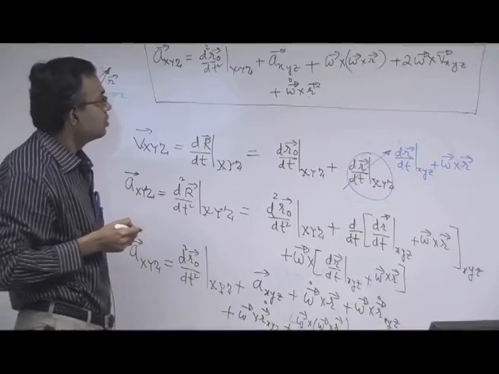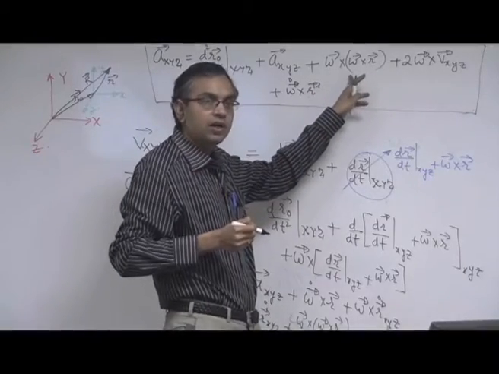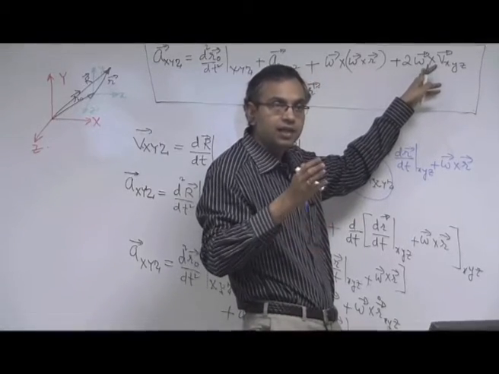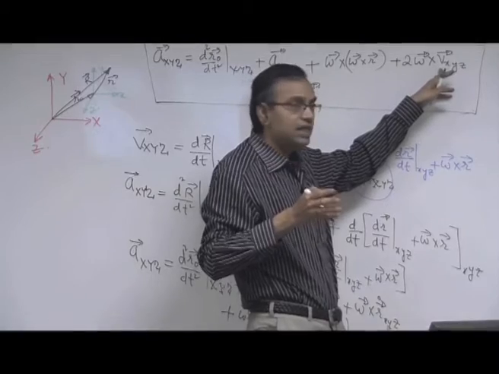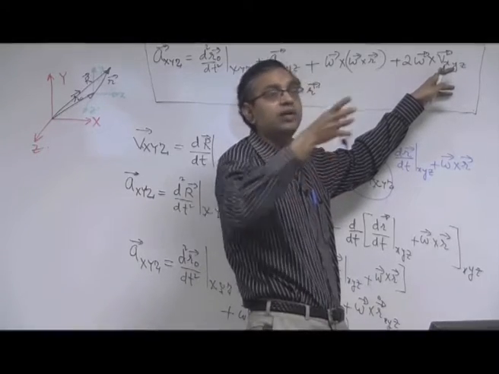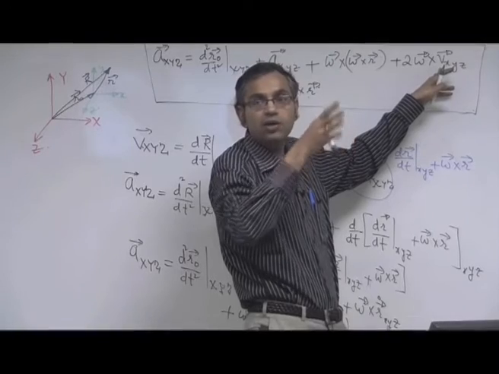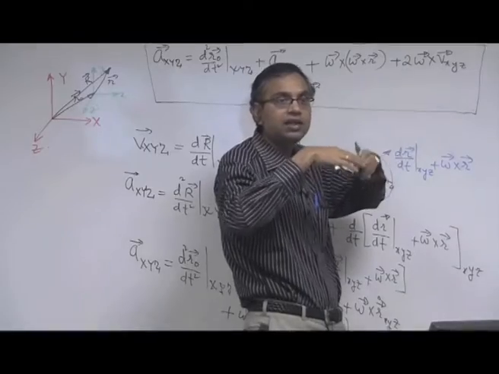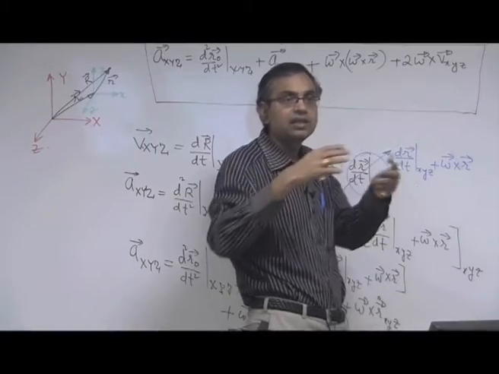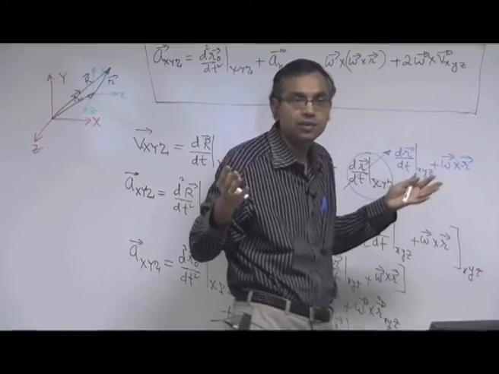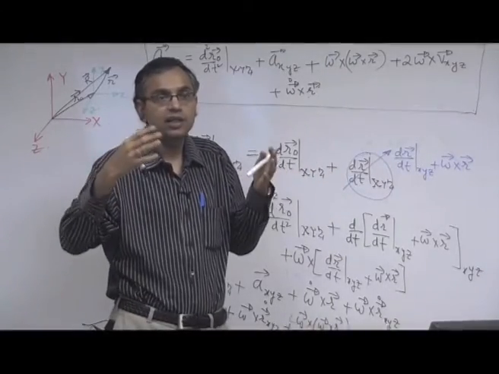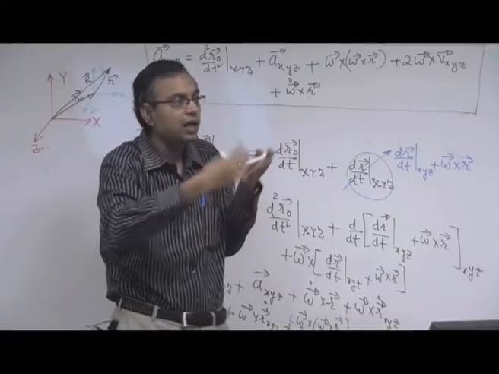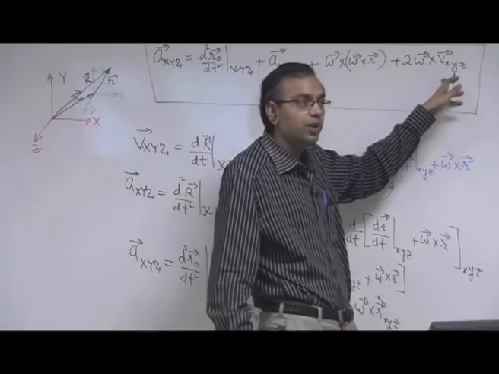So this is the centripetal component of acceleration. This is called the Coriolis component of acceleration. That means you can see that if there is a translational velocity with respect to a rotational reference frame, then there is a component of acceleration, and this component is not just there in such a small scale system, it is there even in a large scale geophysical system. Because of this, ocean currents in the northern hemisphere will move in a certain direction and in the southern hemisphere in another direction. So this is the Coriolis component of acceleration.